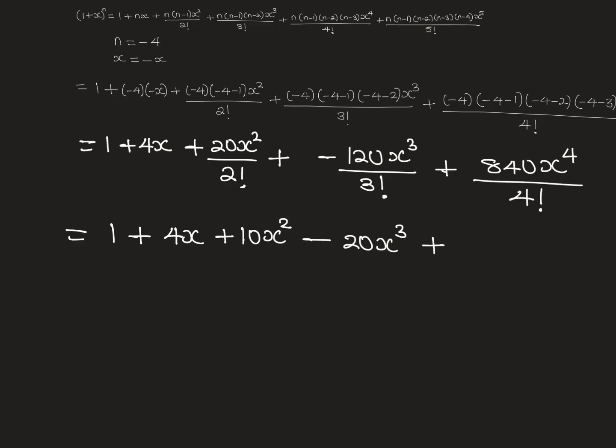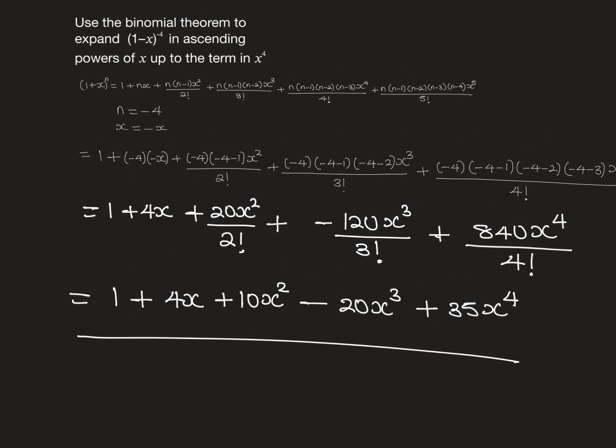Then plus 840 divided by 4 factorial is 35. So that will be 35x to the power 4. And so this will be your answer. Okay? I believe you know where the factorial sign is from your calculator. So when you have that, you can be able to work this out. All right? So this general formula,